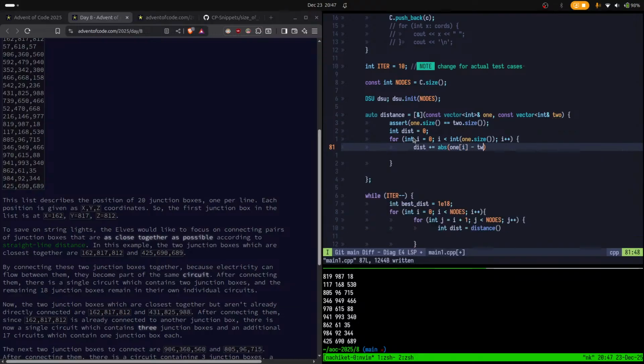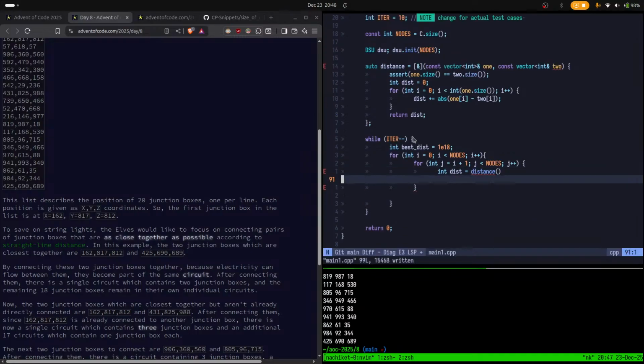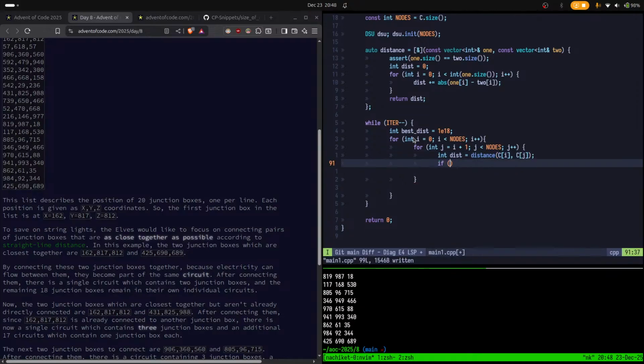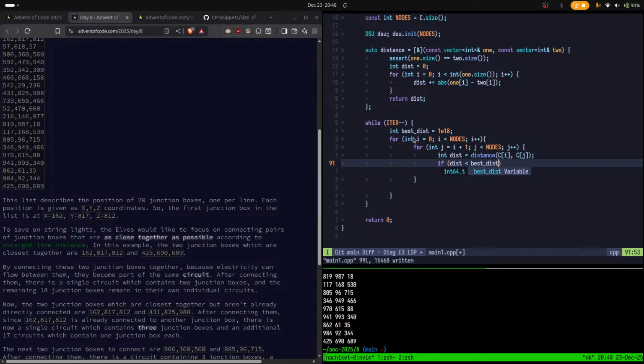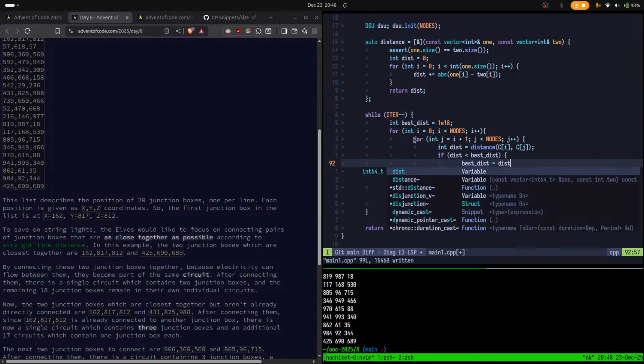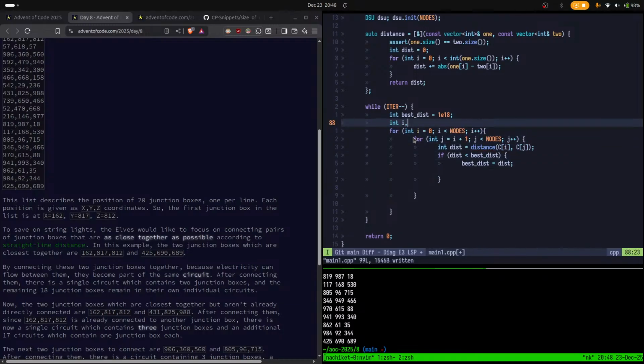Absolute value of one of i minus the other. If the distance is less than best, it is updated. You're combining pairs. That should be